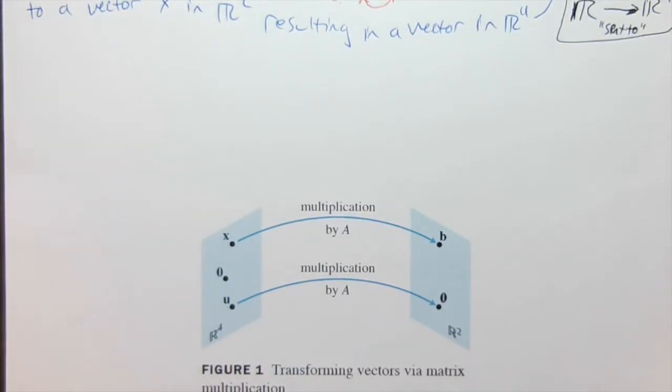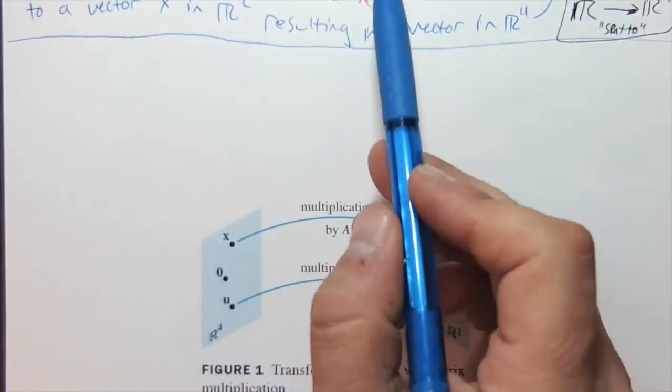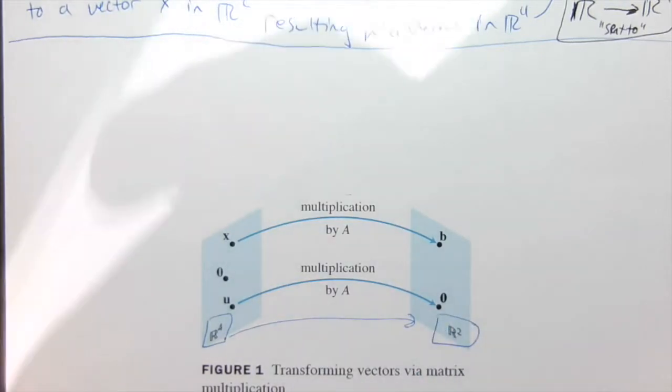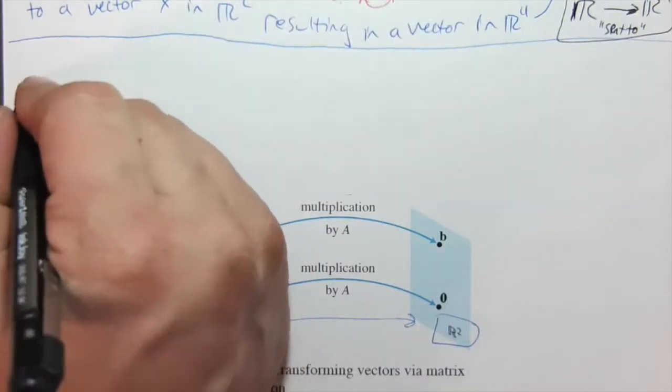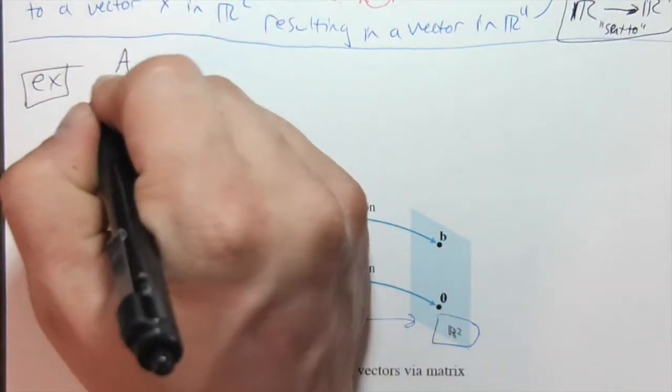We like to look at these pictures visually a little bit in math. So let's look at a similar situation to the one we just looked at, but one that more matches this picture. In this picture, we're sending a vector from R4 to R2, right? So let's create a situation that will do that. We would need something to be 2 by 4 to match up with those two. And so if we let our vector A